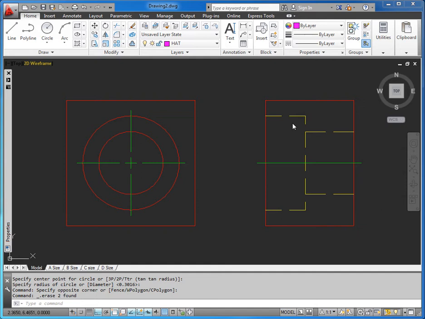So the first part to creating a section line is to create the cutting plane line. I like to use polylines to do that, and I'm also going to keep my cutting plane line and my crosshatch or section lines in a separate layer. So I'm going to use the HAT layer for hatch, and I'm going to start the polyline command. The first thing I'm going to do is draw the cutting plane line in my front view. So I'm going to start the polyline command,